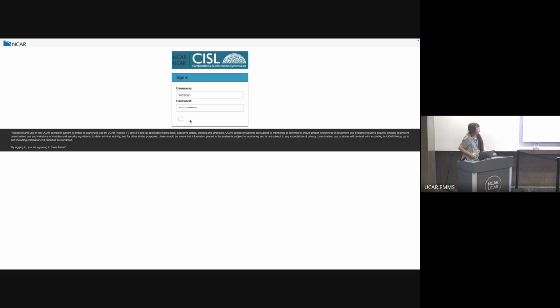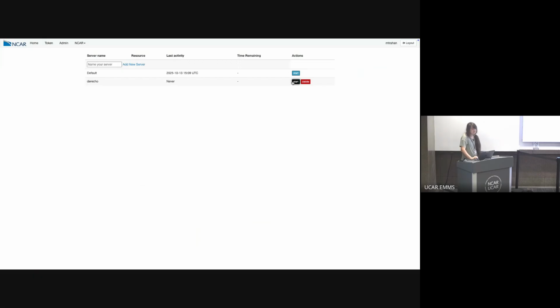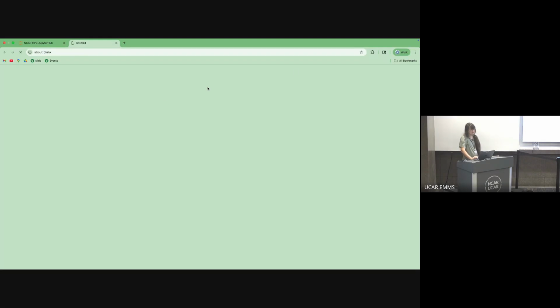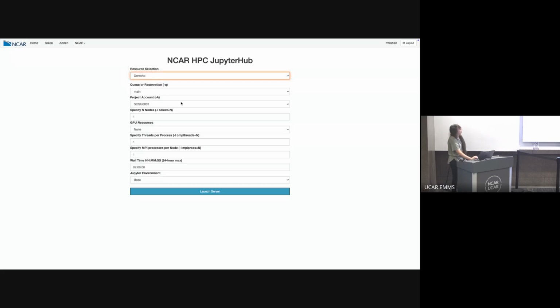Okay, once I'm logged in here, I will go ahead and start a Derecho session. So I'm going to press start here, bring up a new tab, and you see this Casper login. I'll go ahead and select that. I'll click Derecho. And you will have your own account here, with a little drop down you'll go down to. And then you can go ahead and specify your reservation here. I don't have a reservation because I'm not on your account, but you should be able to load that up. If not, then please let me know and we will dig around and see how it goes. I'm going to start walking around